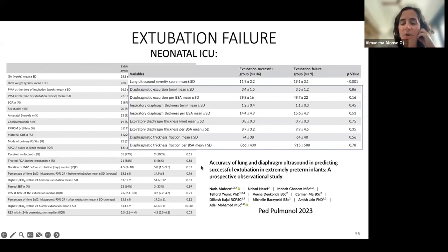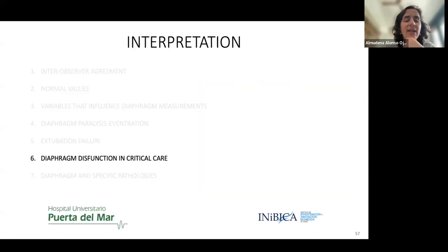And this is it. We have no more references in the neonatal population about the use of diaphragmatic measurements to predict extubation failure. And another